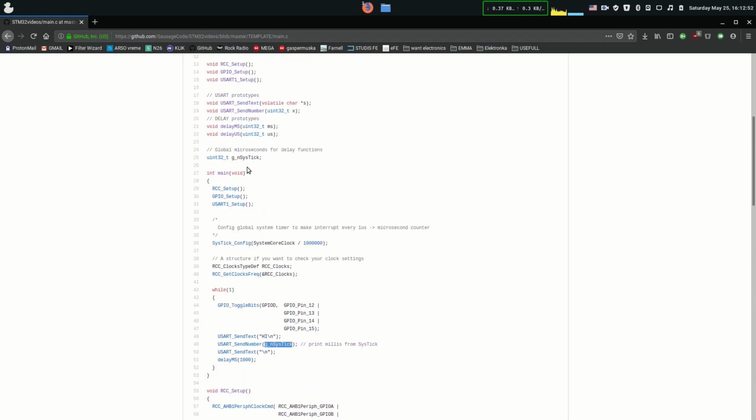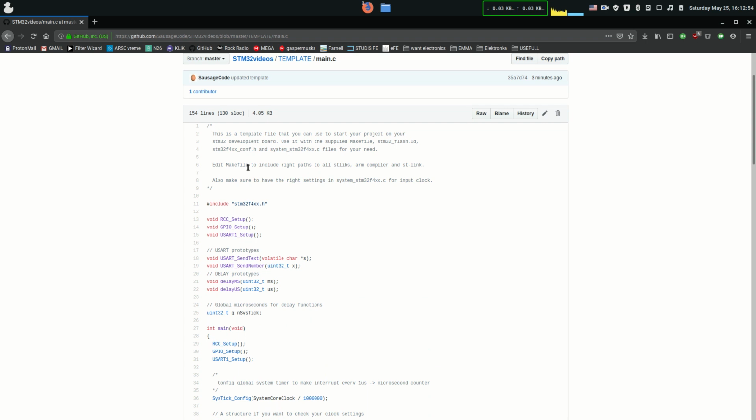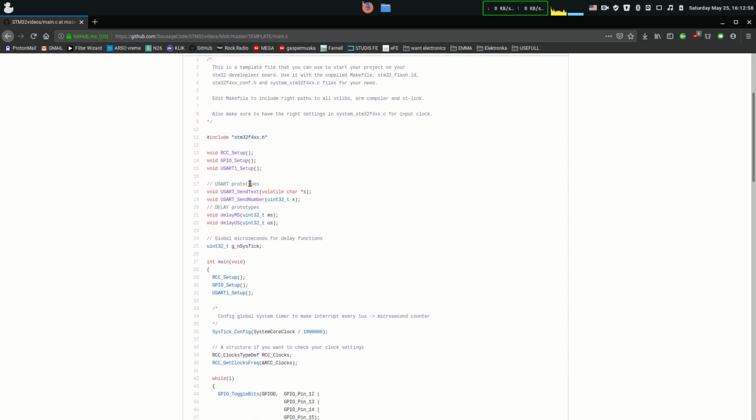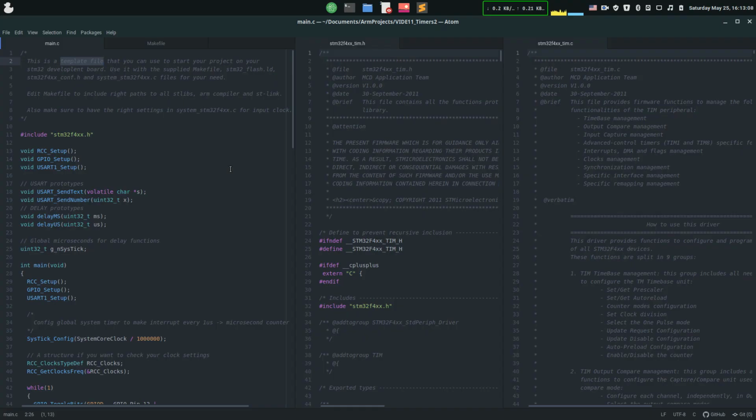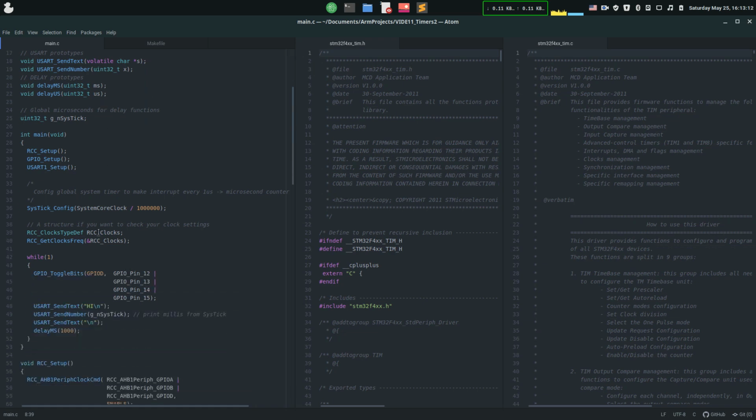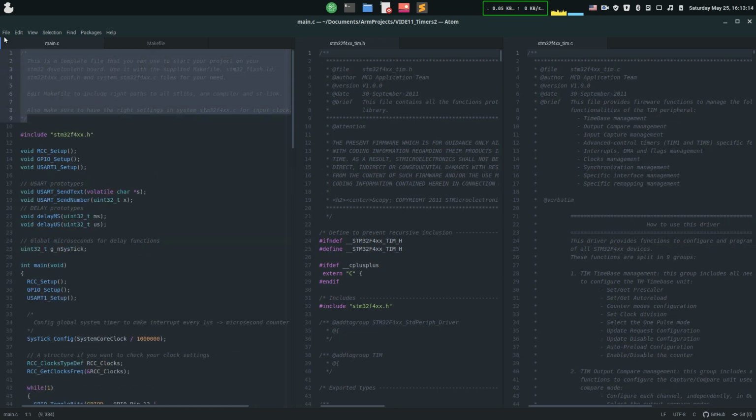And as you can see, I don't have the timer here because I decided for the template to have a global timer to use the system timer, and I promised to you to show you how it works. So let's go into our file, and there's a trick. So in the template file, let's just remove this